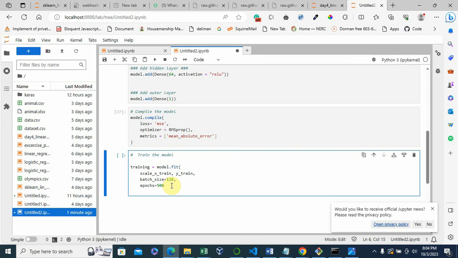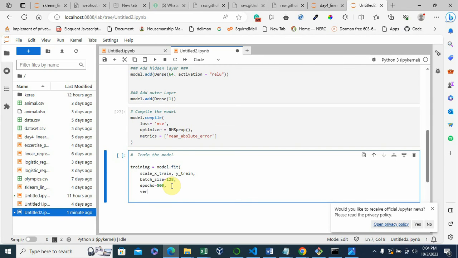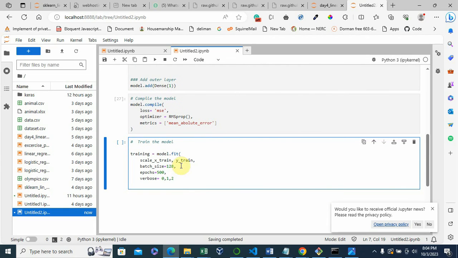Okay, so the next thing, an optional parameter, is verbose. Verbose can take 0, 1 or 2, which is the logging level of this training.